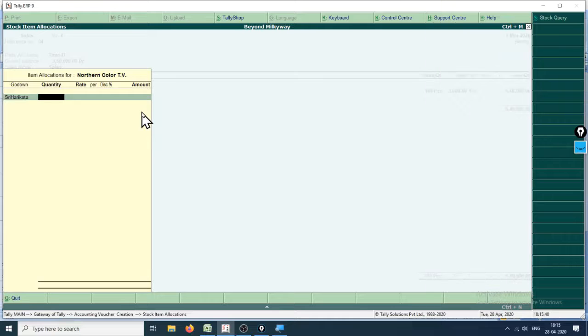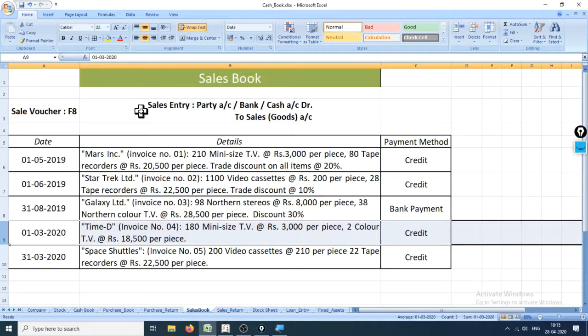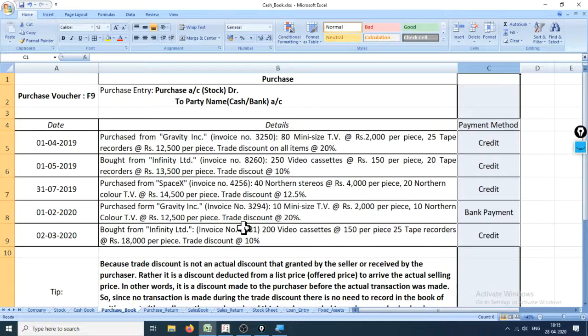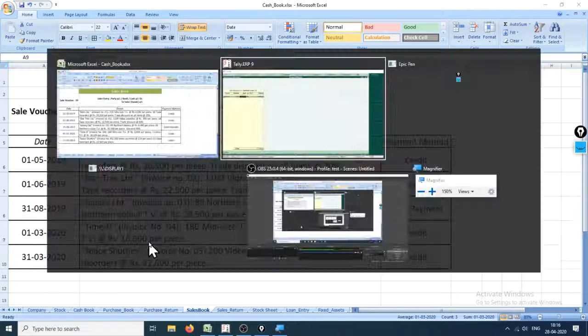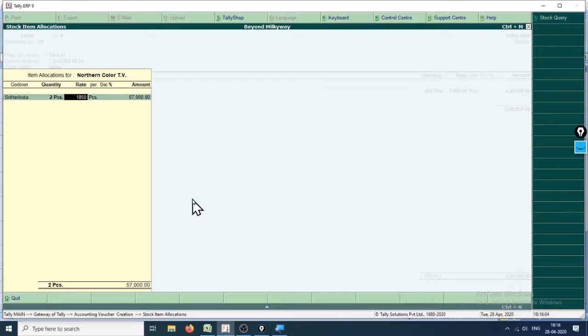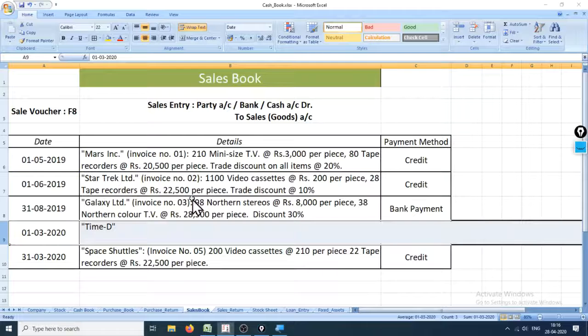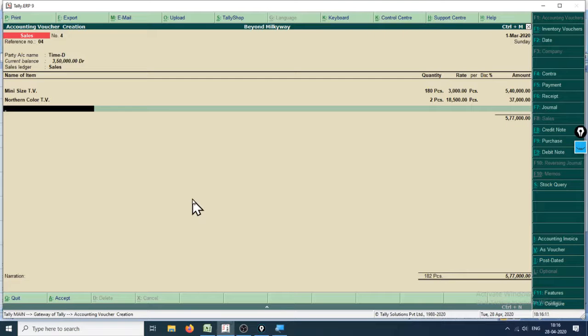Sri Harikota. Wait, let me check whether that is correct or not. And then the sales book is 18,500. Okay, so yeah, 18,500, because we were selling Northern TVs at high prices, but not anymore.